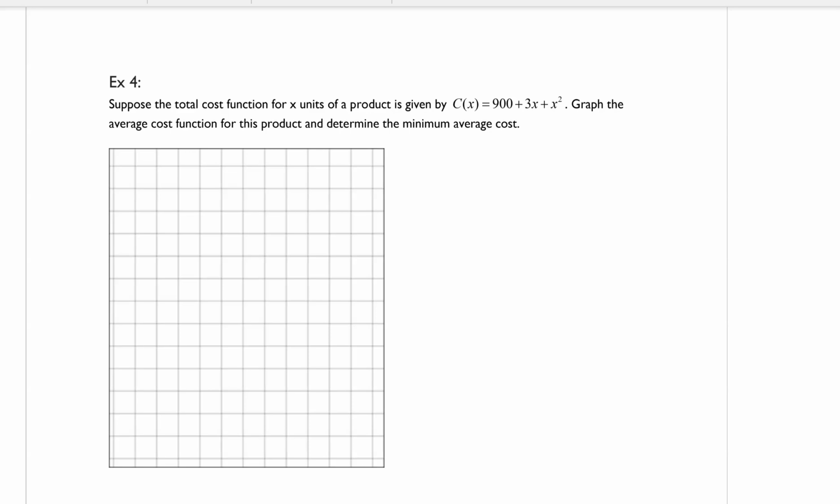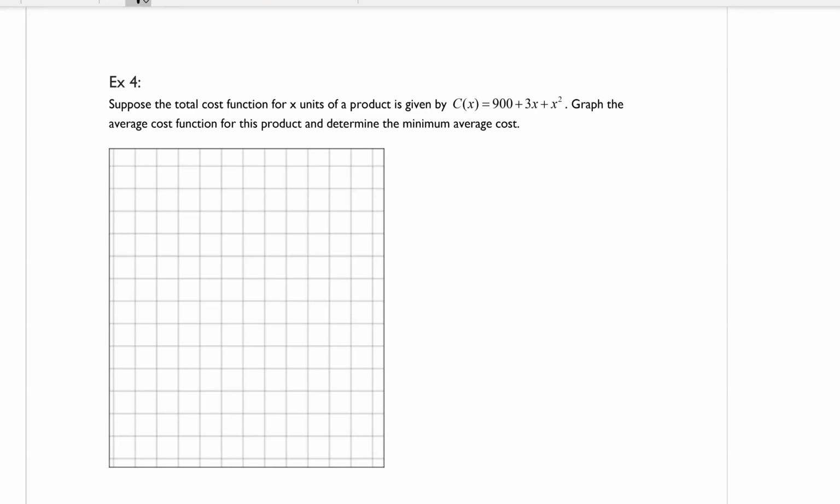All right, let's talk about example 4. It says, suppose the total cost function for x units of a product is given by that function there. Graph the average cost function for this product and determine the minimum average cost. So,